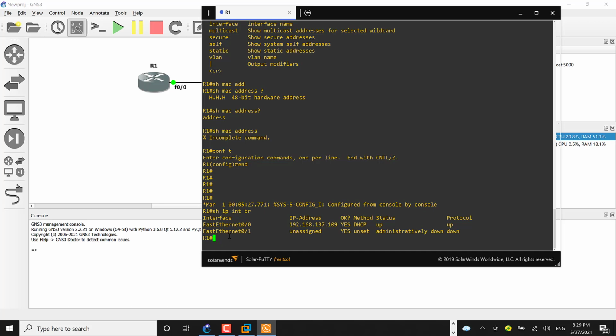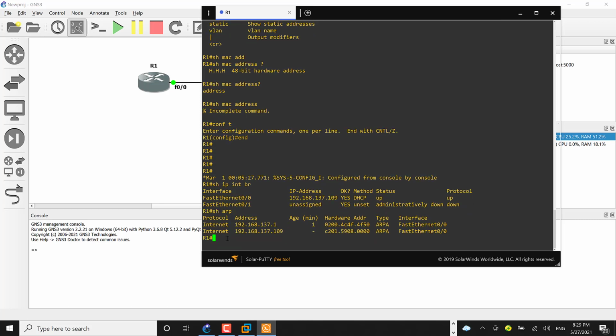Okay, so with this now, guys, I've been able to ping, but look at it now. If I ping, oh sorry, don't mind me, this is a router. Okay, show ARP, I should do that on the switch. So this is the router. This is a layer 3, and I have my IP. You can see the MAC address of that device, and this is the MAC address of my